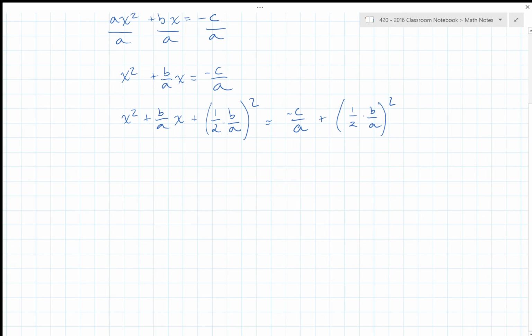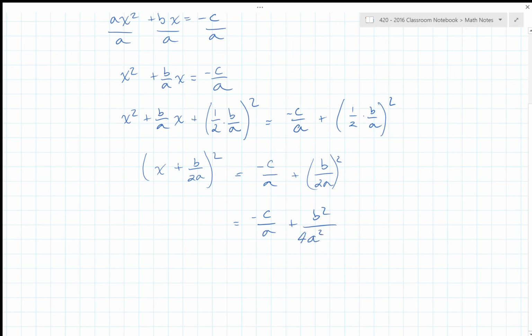Okay. So what we're going to do is continue by writing x plus b over 2a squared. And now we're going to do a little work on the right side. The left side's done for the time being. So over here, I am going to do the squaring. I have b over 2a squared, and I'm just going to square the numerator and square the denominator. Negative c over a plus b squared over